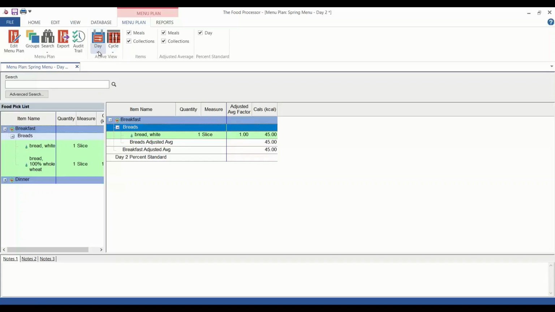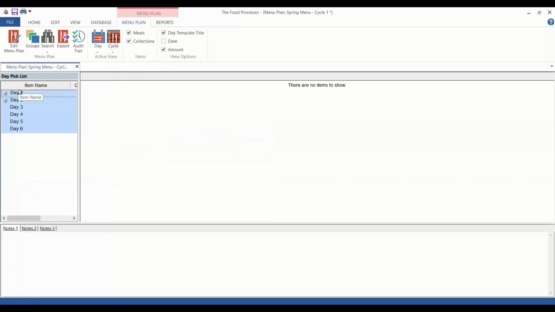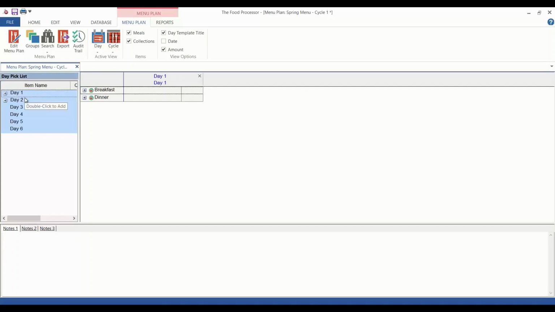After I've built all of my days, I will then create a cycle. So when I go to cycle, all of those days that I have added are going to be over here on my day pick list. So then I'll just double click to add that to my cycle. I would use cycles if you are wanting to create a monthly meal plan,